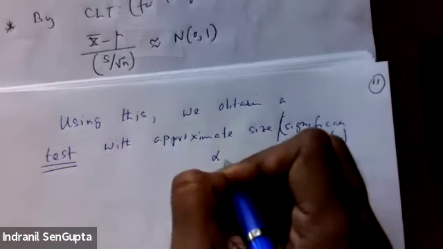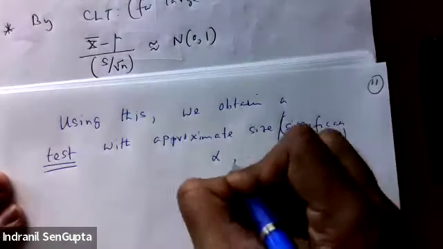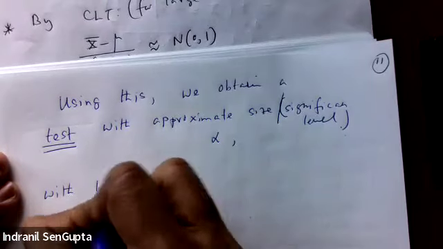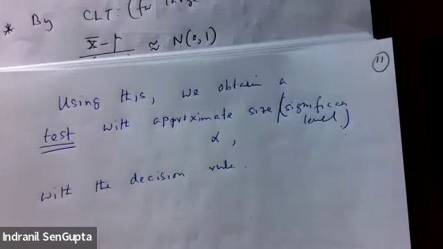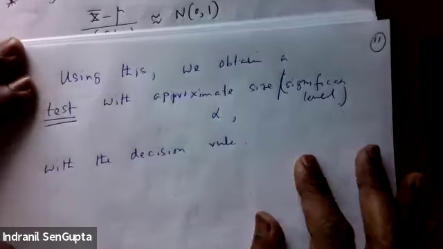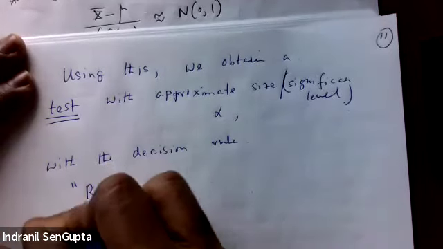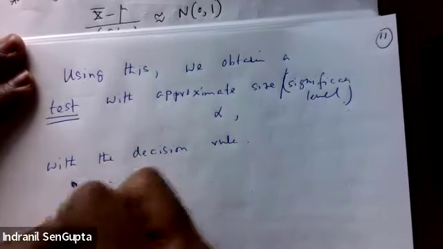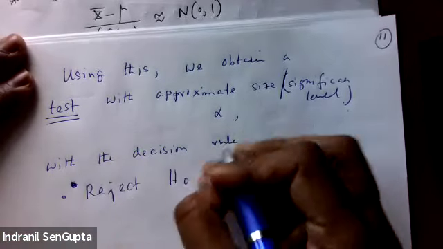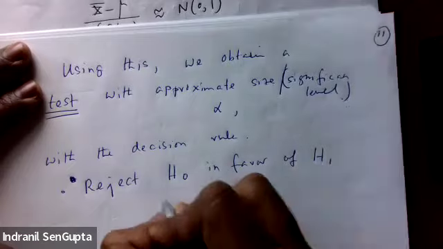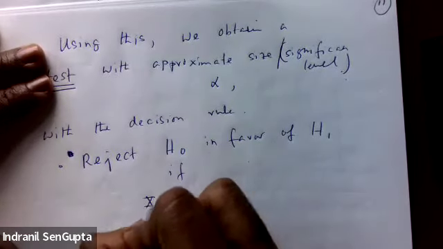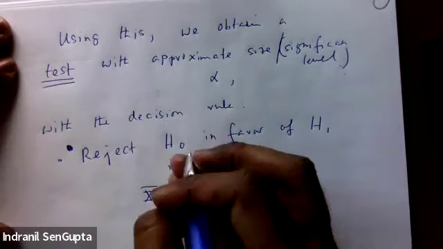The approximate size or significance level alpha, with the decision rule. Once again, what is alpha? Alpha is for the cases when we reject the null hypothesis. That means X bar should be, in quotes, far away from mu. So here's the decision rule: reject H0 in favor of H1 if this test statistic that we constructed, X bar minus mu